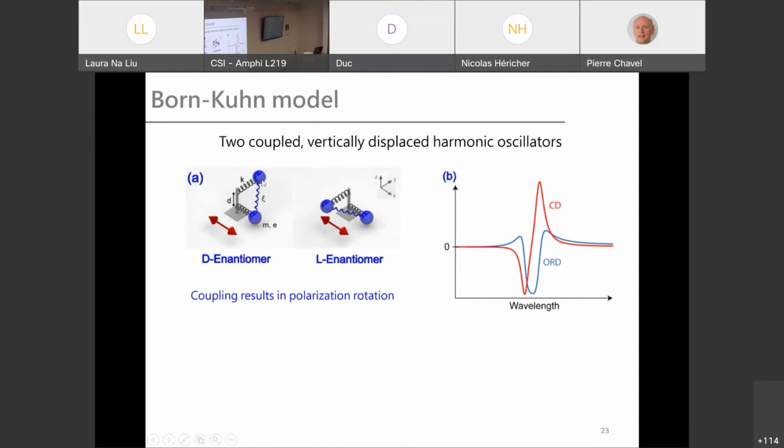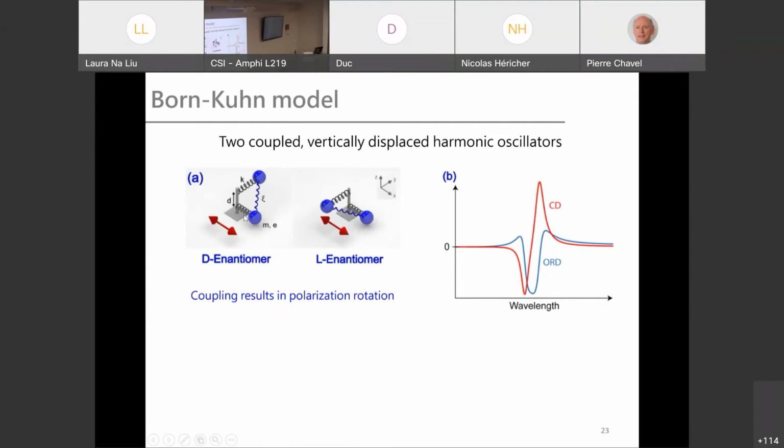They are connected by another spring, which represents the interaction between these two harmonic oscillators. So imagine you have the incoming light along this x direction. In this paper they define this as the y direction. So if I have the light polarized along the y direction, then because of the interaction between these two harmonic oscillators,